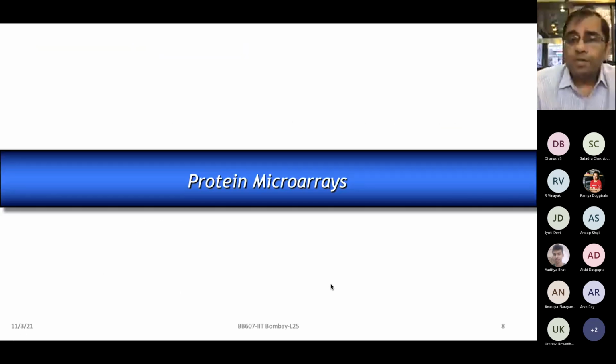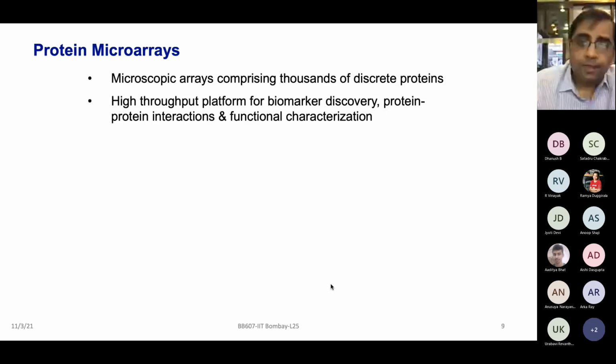Again, as I mentioned, I was just touching upon and refreshing you about the concept of some of the conventional approaches, which is not what I would like to teach in the proteomics course. I'd like to talk more about the new technologies which are being utilized at the proteome-wide scale for screening, and that's where the protein microarray technology comes into play. So what are protein microarrays? These are glass slides or nitrocellulose membranes or some sort of substrate which is very miniaturized, on which you can print thousands of proteins.